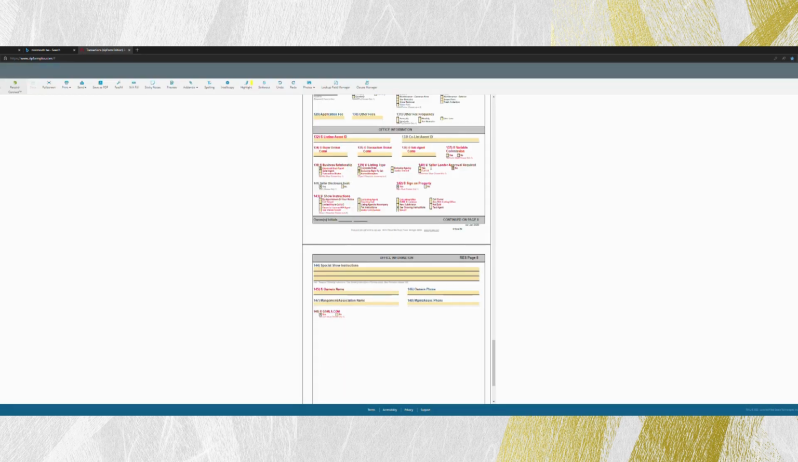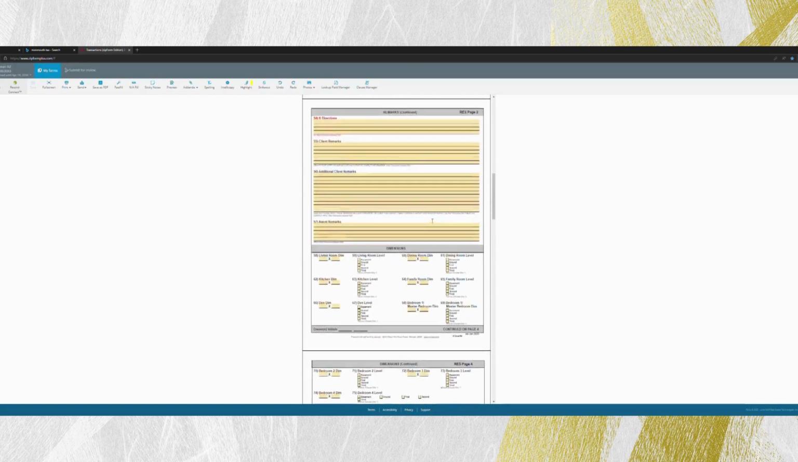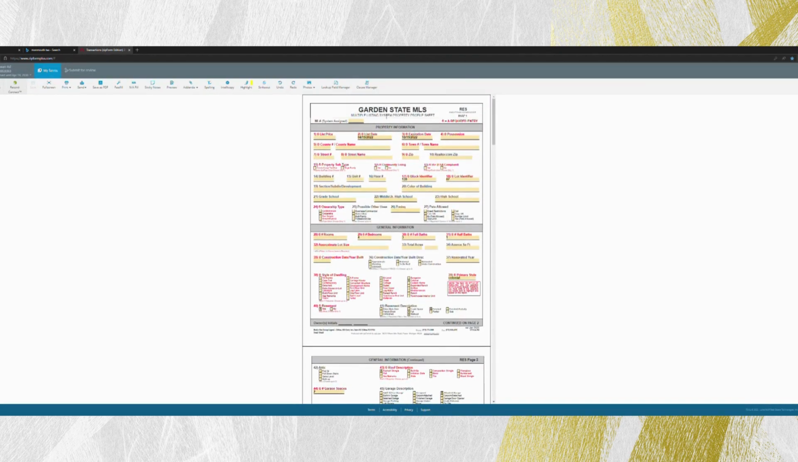Here is the profile sheet for the listing. This is all the information that you're going to be inputting into the MLS for Garden State. This I would bring with you to the listing appointment. Bring this to the listing appointment and have this filled out as you're walking through the property